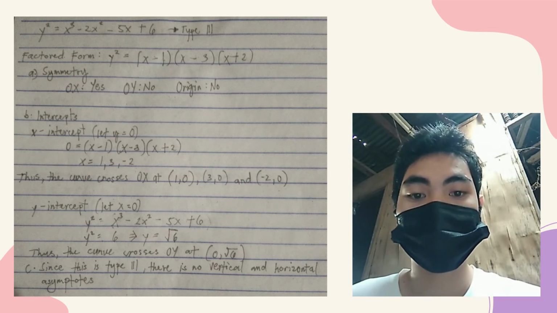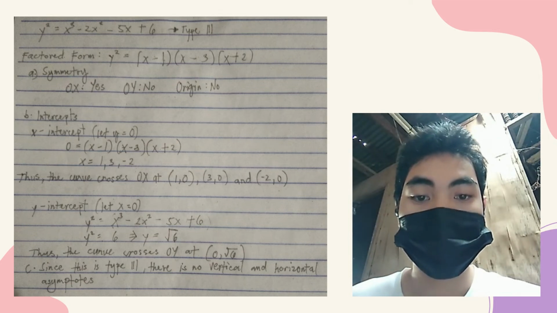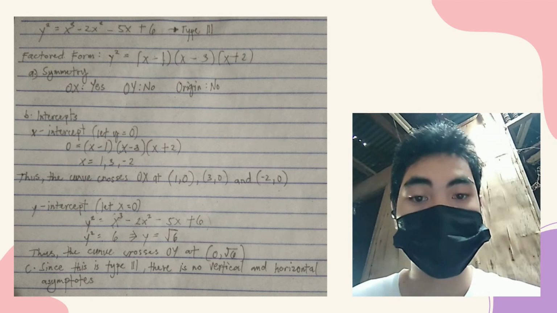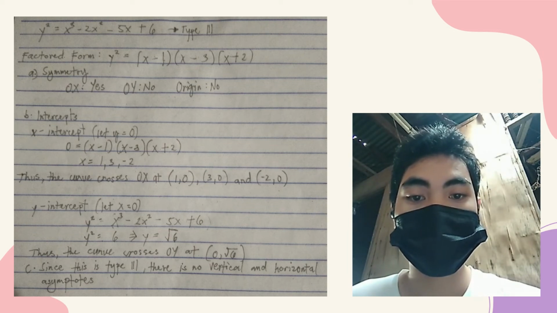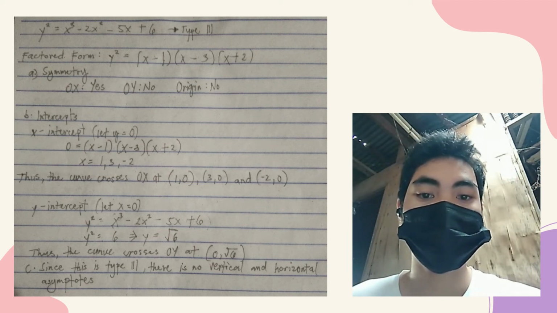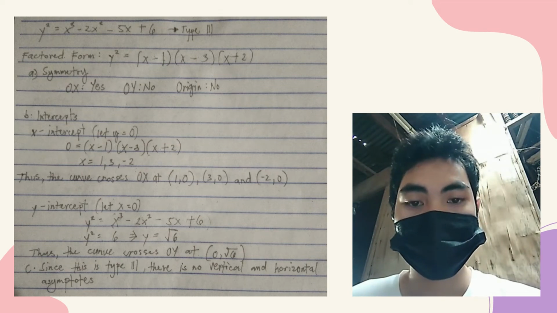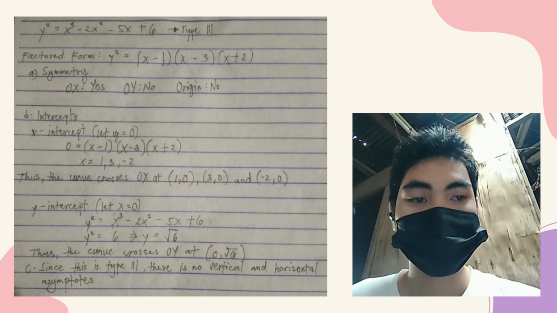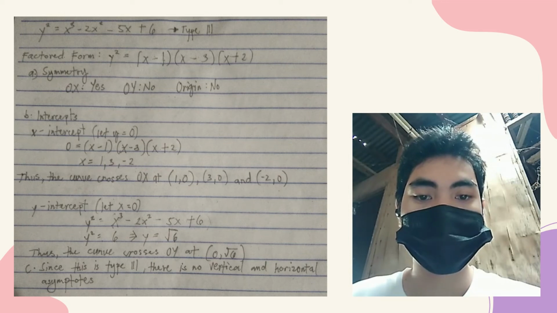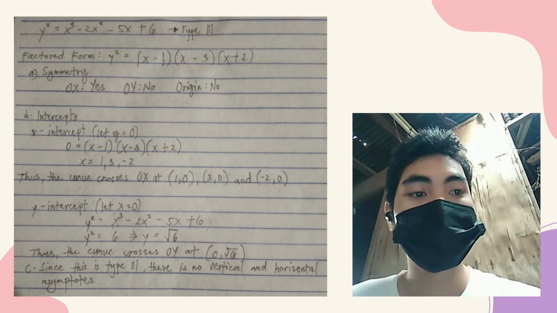And the x-intercepts will be 1, 3, and negative 2. So, because of this, the curve crosses the origin of x at 1, 0, 3,